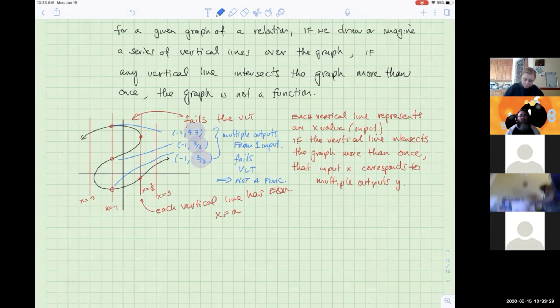So there's some review and a little bit more maybe in-depth analysis of what's going on there than just, hey, the vertical line touched the graph inappropriately. Yeah? Okay. So